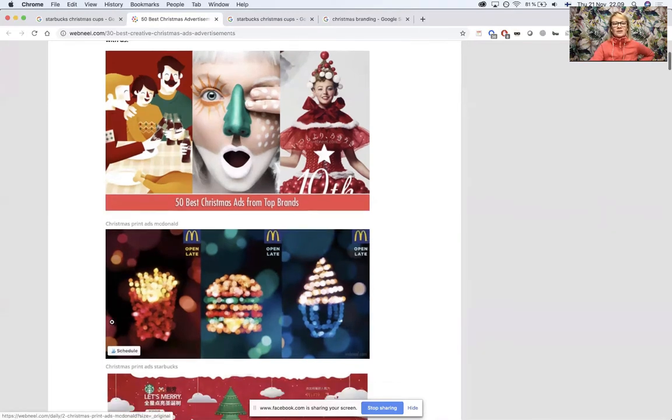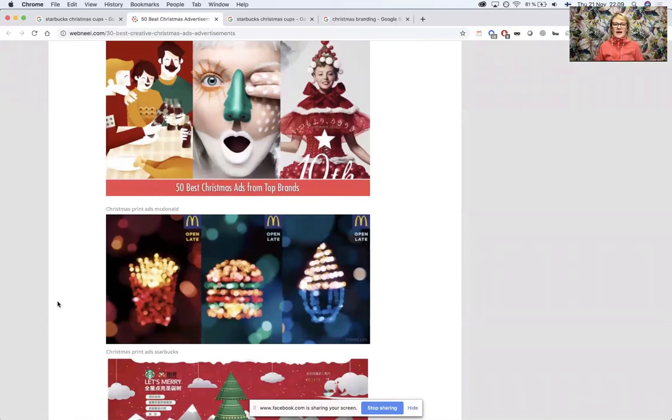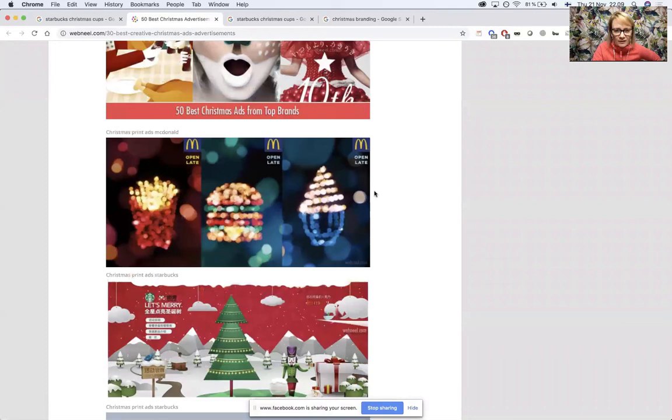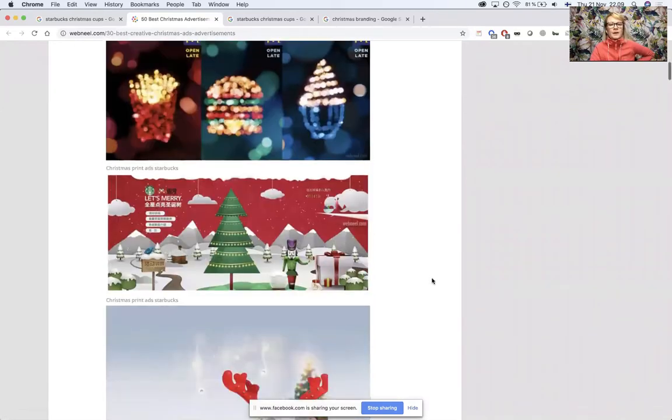So here you can see what McDonald's has done at some point. That's obviously a poster that is supposed to look like it has French fries, but it's a photo they've created with Christmas lights. There's a burger made with Christmas lights, and I guess that's a sundae or ice cream or something like that. They've created those iconic servings for McDonald's with Christmas lights, and then they took photos of them. Could be that they are illustrations made to look like photos too.